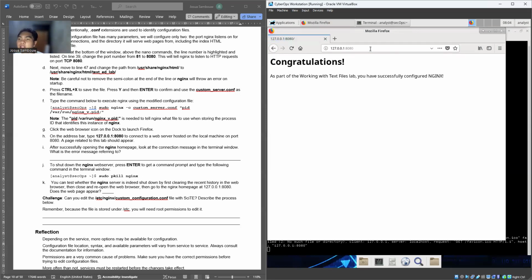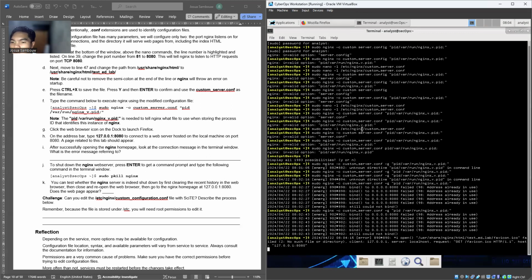Congratulations, as a part of rocking. Wow, that's cool. After successfully opening the page, look at the connection message in the terminal window. Open the terminal window again.